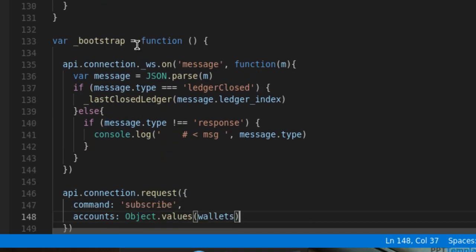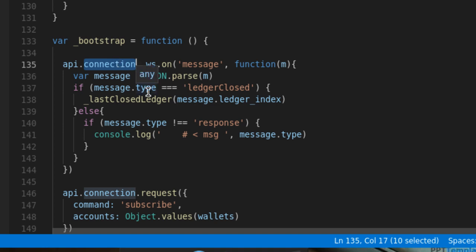Then there is another function called bootstrap, and as the name suggests, this is the method which will kick off the whole transaction. In this we are going to connect to the network.